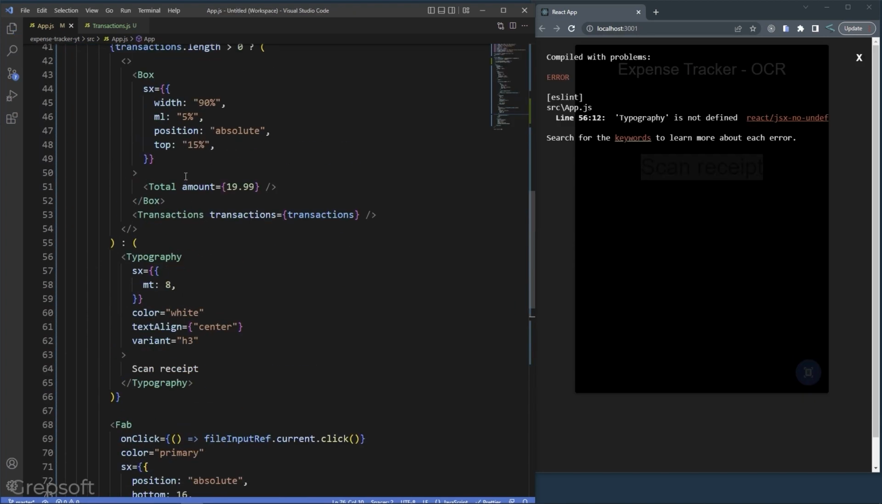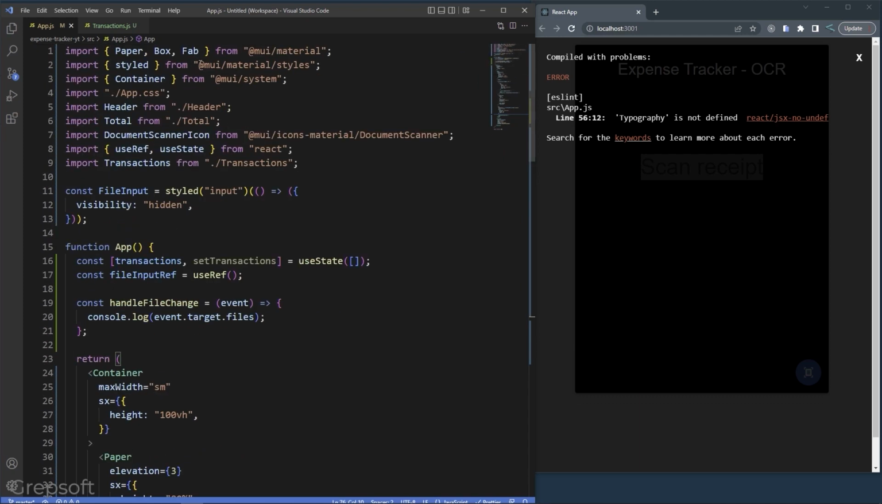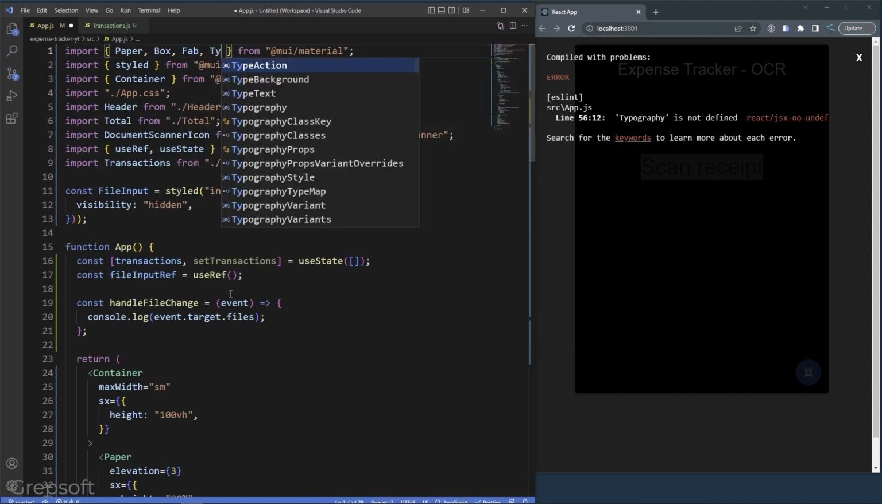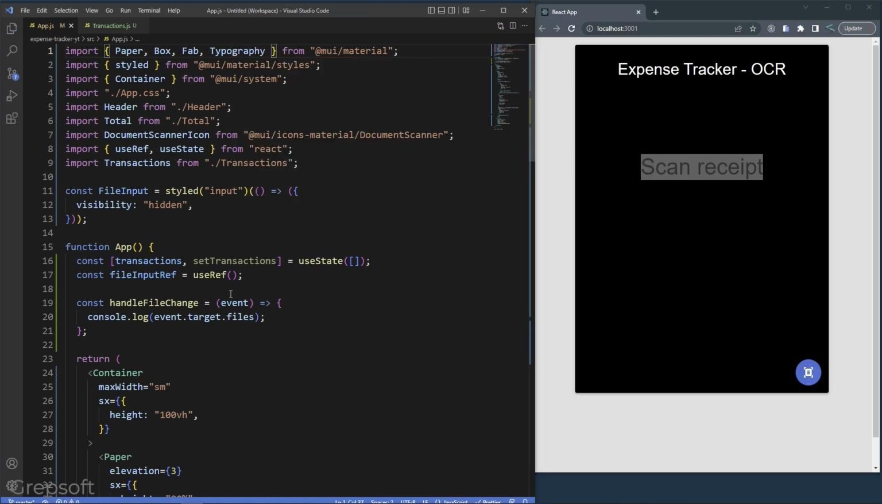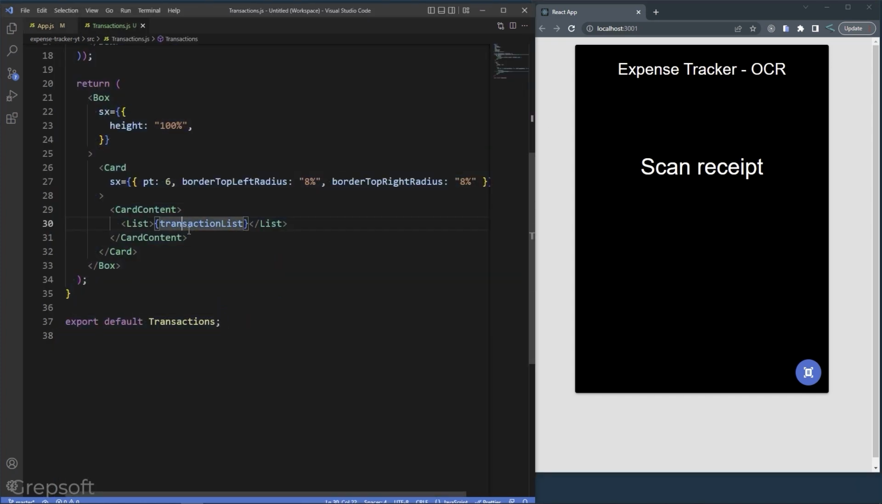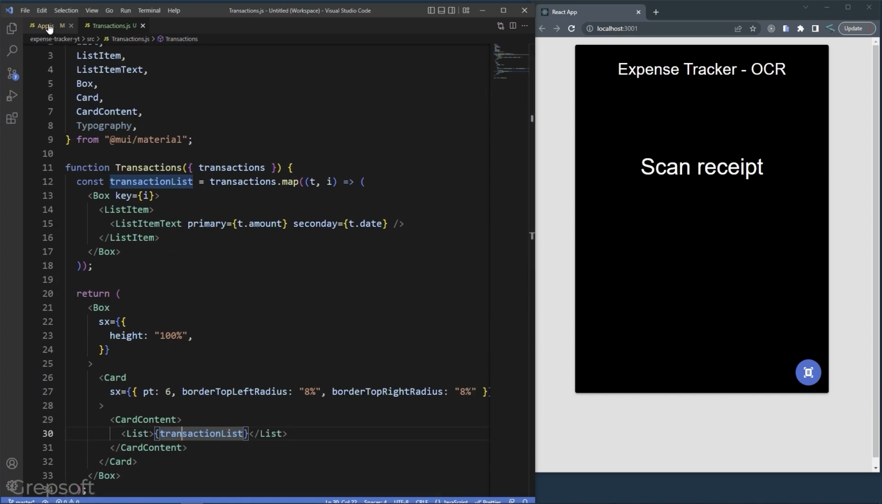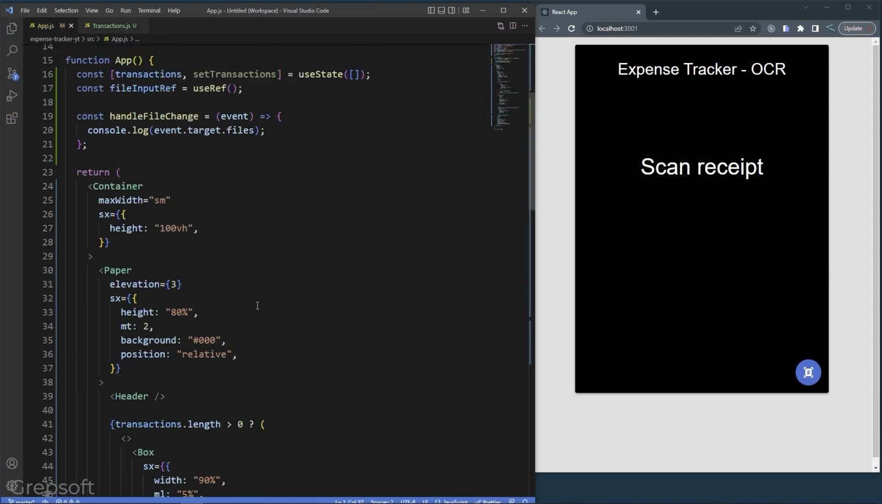Okay, so just need to bring in typography. So right here, typography. There you go. You got the same kind of result, but the thing is that it was wrong to put that text here. So that's how I want to fix. Okay, so now that we have the UI kind of set up,